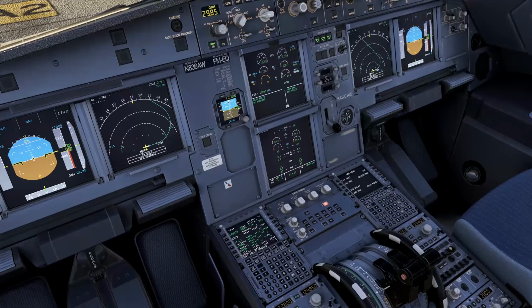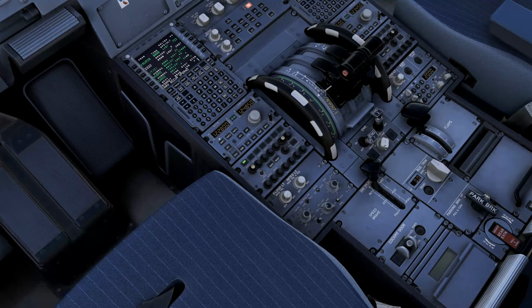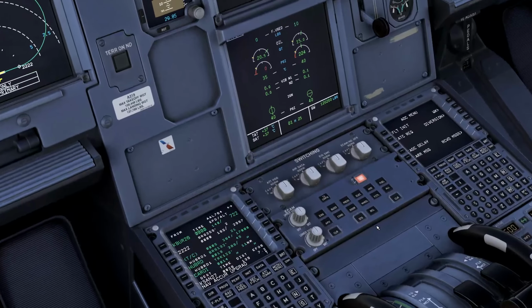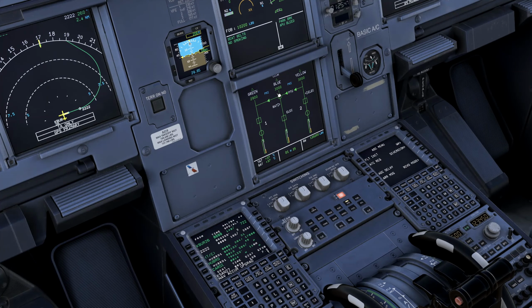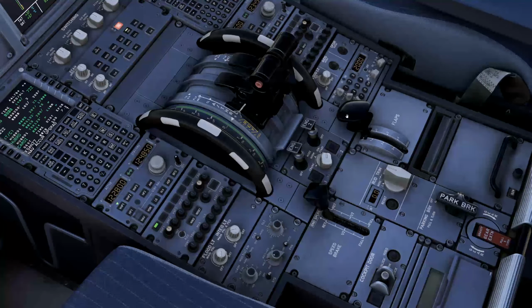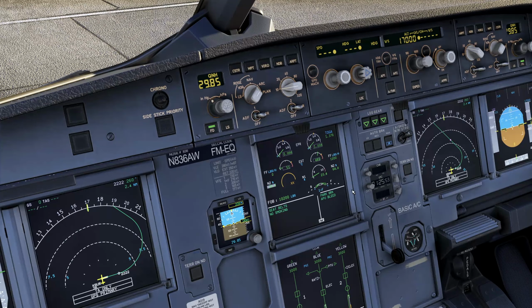Yes, right, there it is. Okay, it's available. We can start engine number 2. Let's check out the hydraulic page real quick, see if we have hydraulic pressure on all of them. Yes, we do. So we can go ahead and go flaps 1, speed brakes, auto brakes to max,